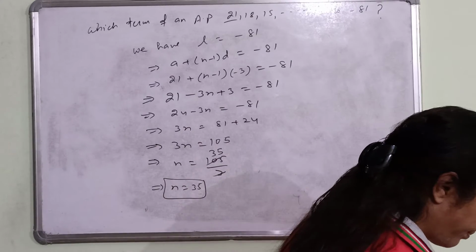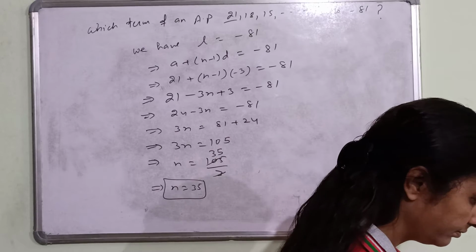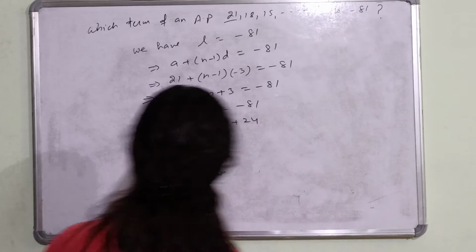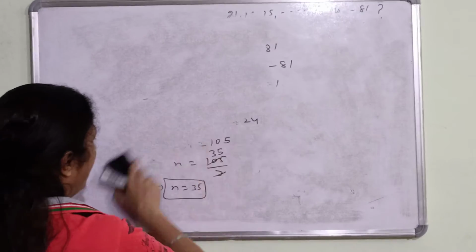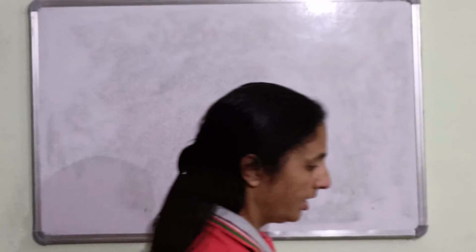So take one more example. All examples are from NCERT, so after that you can solve the questions easily. Right? So the next question is: determine the AP whose